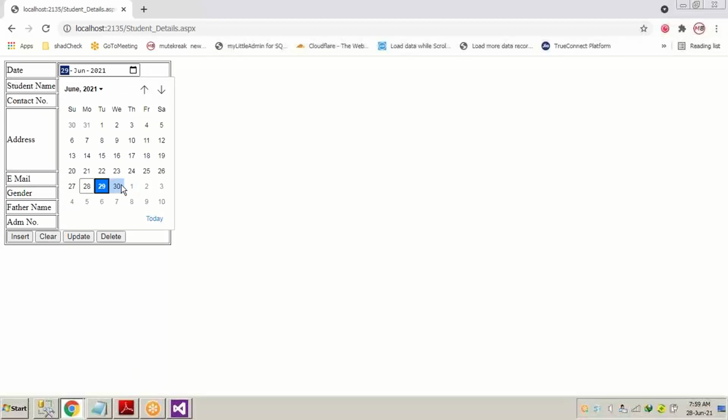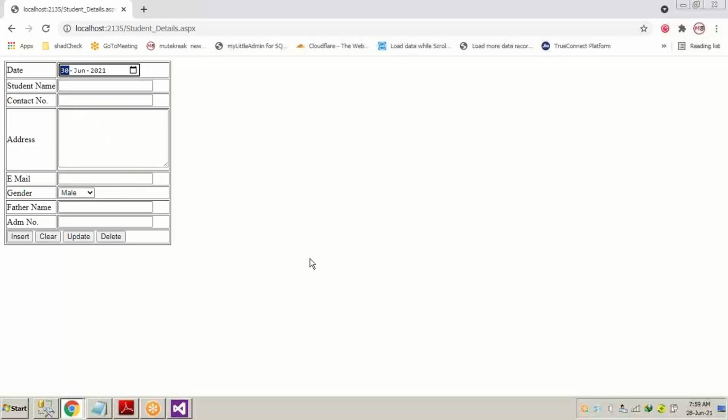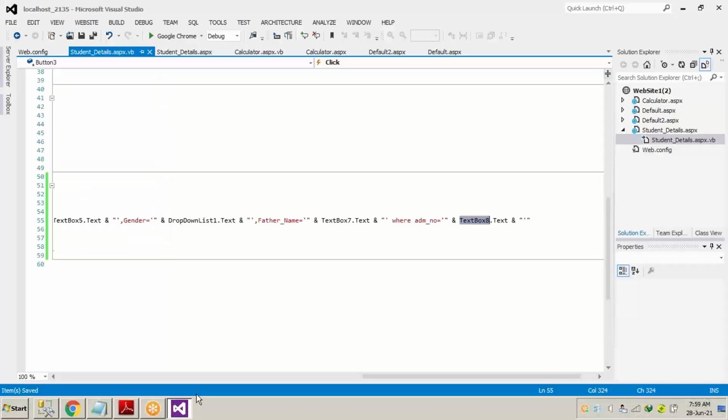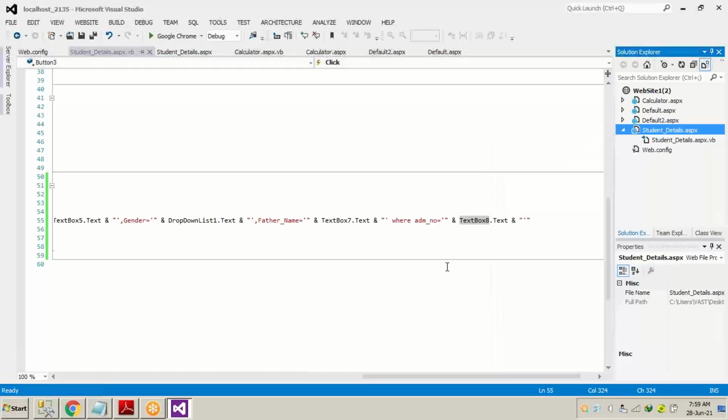Now let's just save one more data. One thing you can see over here is that when we open the page, the grid doesn't appear. After inserting the first record, the grid appears. Why is that happening?